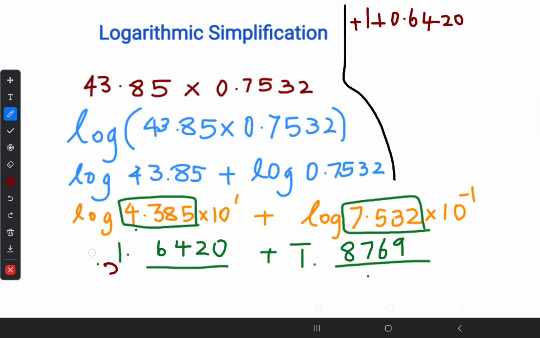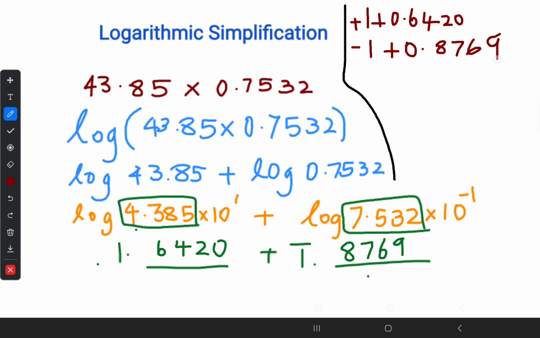This is positive 1. This is positive 0.6420. Here, look at this. This is negative 1. Since it is bar 1, to do the calculation, we are converting it to negative 1. This decimal does not have any negative value, so it should be indicated as positive